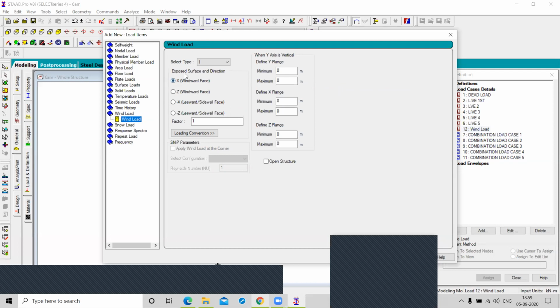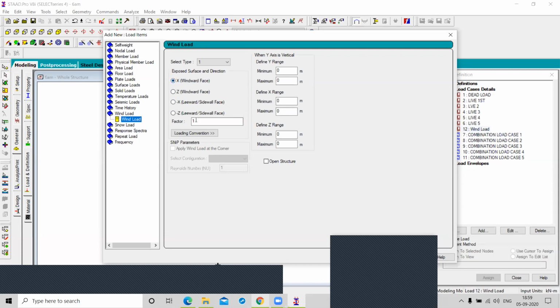So we have 4 directions for the wind load. First is X direction, second is Z direction, third is minus X direction, and fourth is minus Z direction. Which direction do you prefer? Can we go for the X direction?